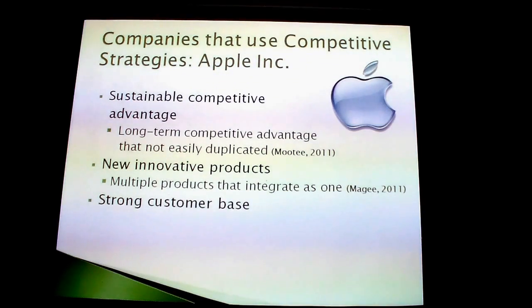They have a wide range of major competitors to include Google, Amazon, Microsoft, and some Samsung. So they're constantly having to innovate and bring out new product lines and technology. In the past year, Apple has launched several new products such as the iPhone 5, the iOS 5, and iTunes 11. Their competitive advantage is very strong because their technology intertwines all of their products,